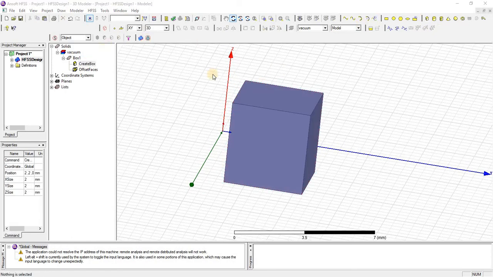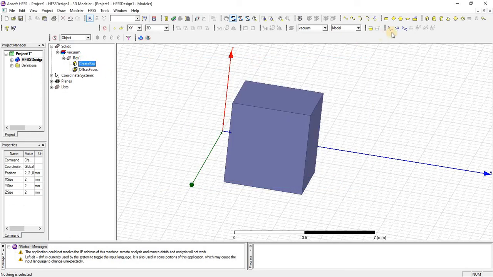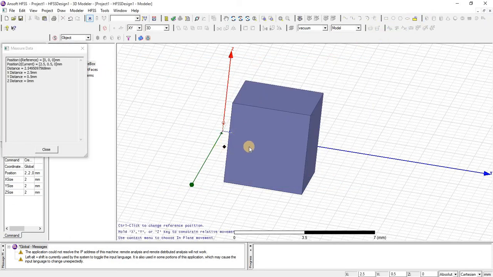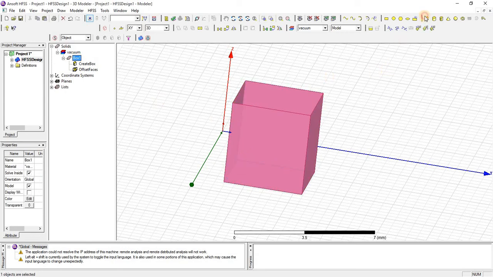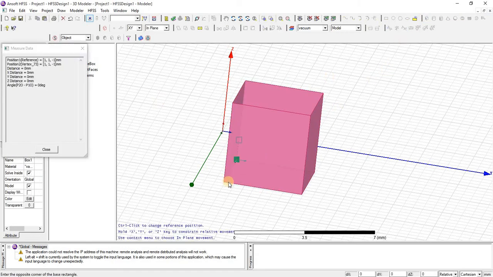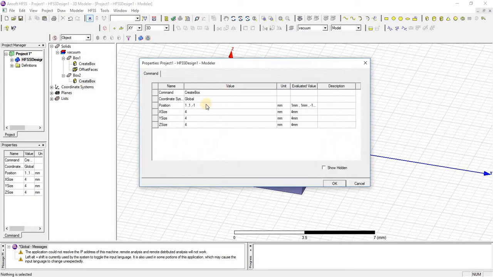Just rotate this box and draw another box within the same dimension of the new box. Now look at the dimension of this box.